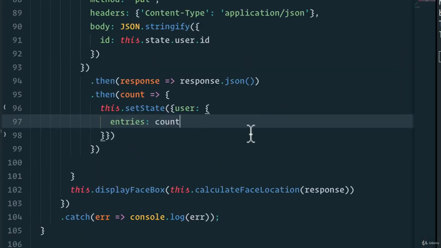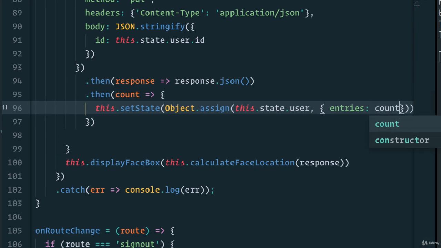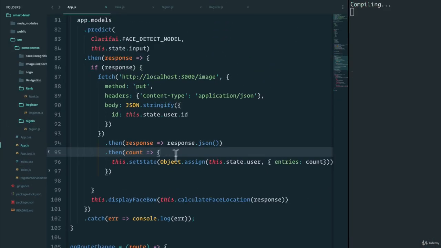Now, the way to get around this, because like I said before, we're just changing the user object, we can use something called Object.assign. And you can read up on it. It's part of the JavaScript spec. But you get the target object. In our case, it's this.state.user. And the second parameter is what you want to extend it with. In our case, it's the entries and count. If we do it like this and save,